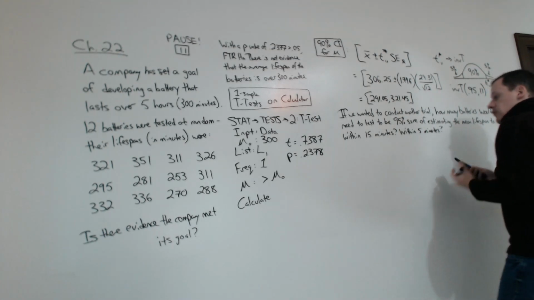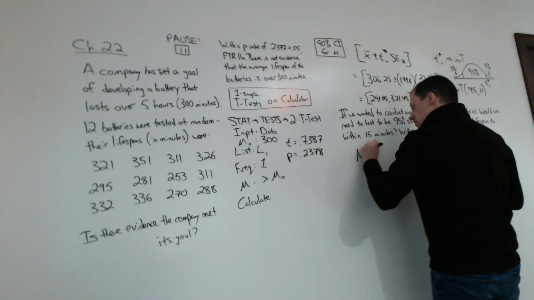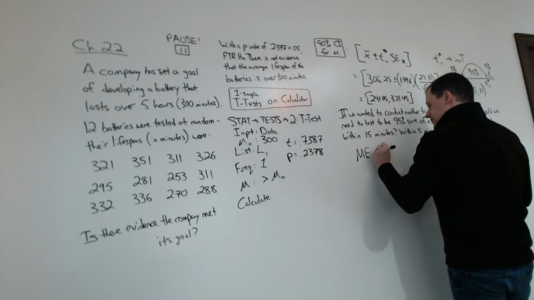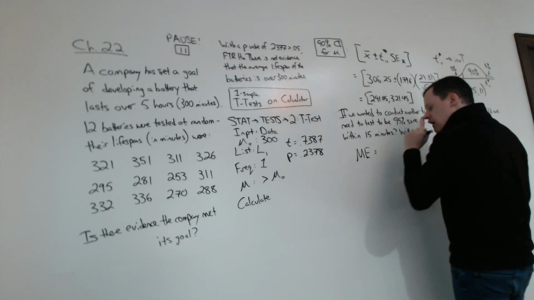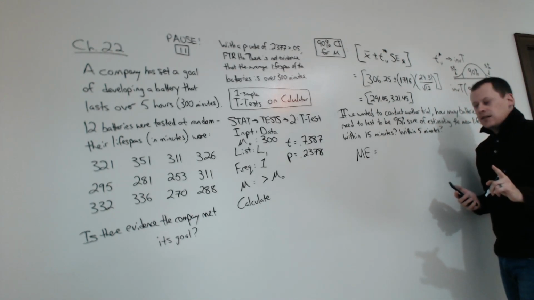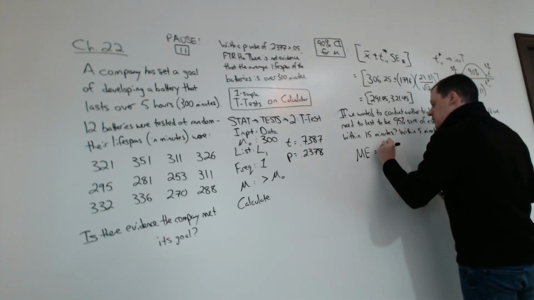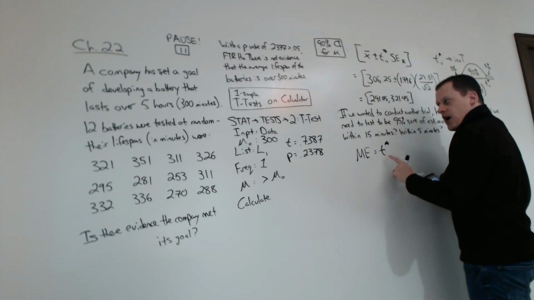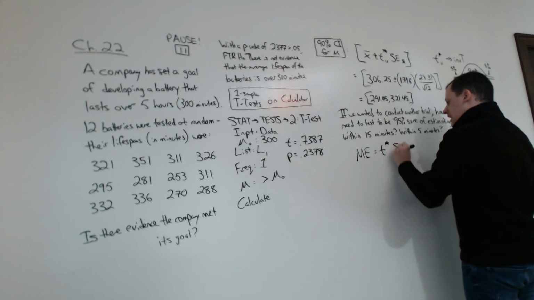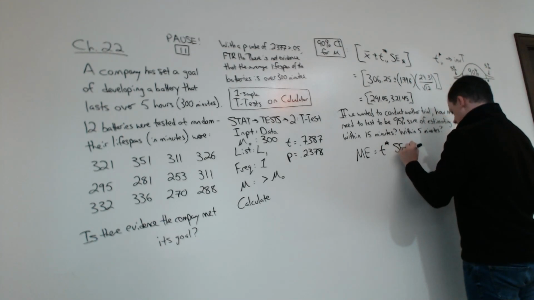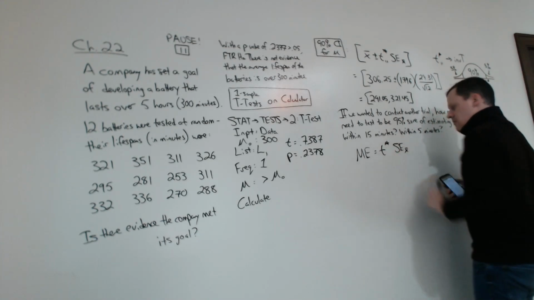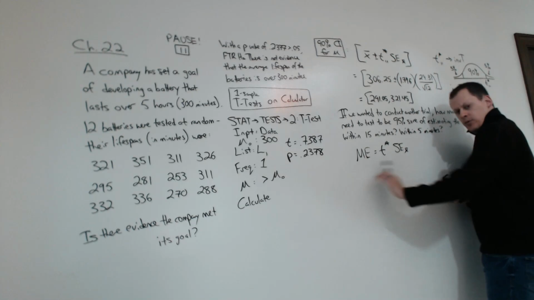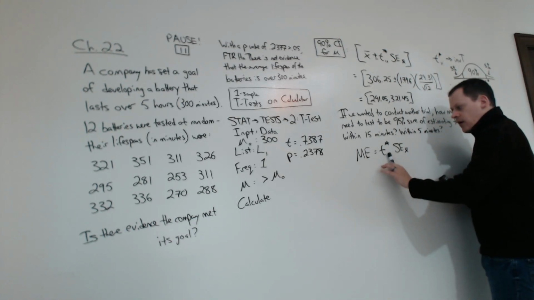So, let's use the formula. Same formula we've used in the past. Except we usually use the critical value for the model we're using times the standard error, right? This is the formula we want to use. But T star,